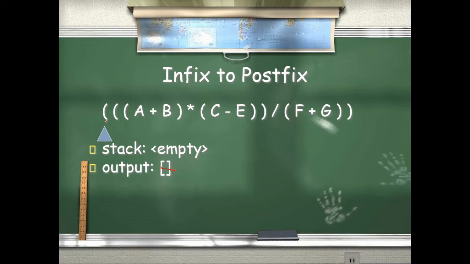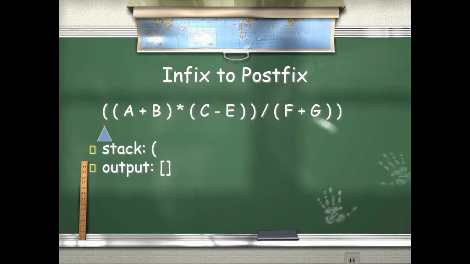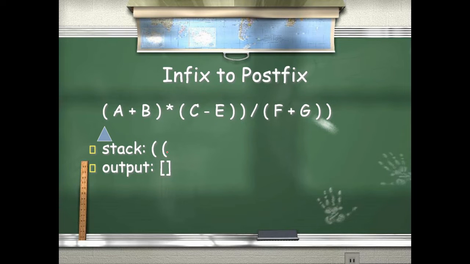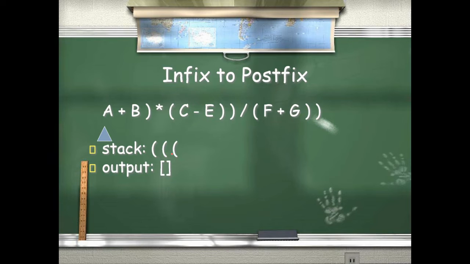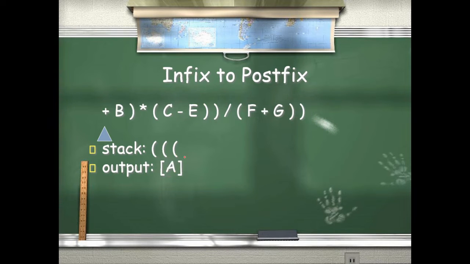Then we will scan it from left to right. As you can see, this is an opening parenthesis, so you are going to put it into the stack. If it is an opening parenthesis, we will append it into the stack, and if it is a closing parenthesis, then we are going to pop the element from the stack. So opening parenthesis we have added into the stack, opening parenthesis again we have added into the stack. Then we are going for the next opening parenthesis, and then it comes A.